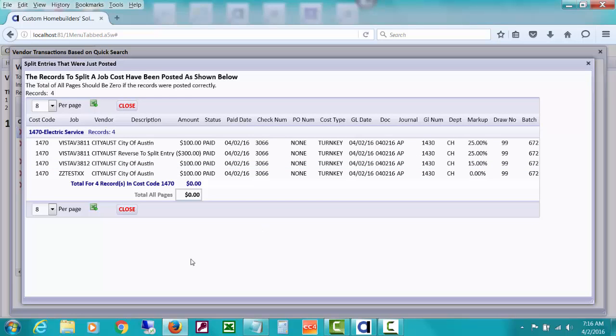Now you'll see that there are actually four entries. What CHS did was take and put a minus to this cost code and job, and cost code job, etc., reverse to split entry, and then there's 3 more lines to put the entries back. So the total of these entries that you'll see for the records to split is 0. This is just an information window that opens to let you know what just happened and what CHS just posted. So I'll close this,